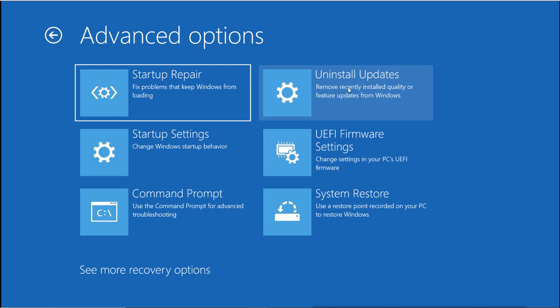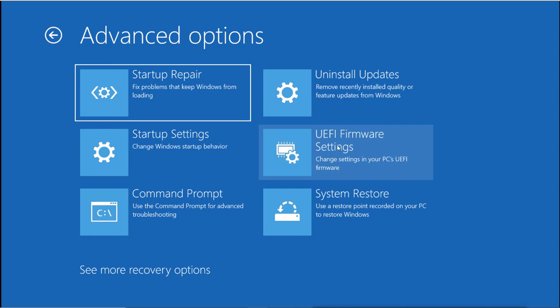Then we have startup settings, to change Windows startup behavior. We can disable or enable some features at the time of startup. Then we can change the UEFI firmware settings. If you select this one, your machine will reboot and take you to the BIOS setting, where you can change the BIOS settings for your system.